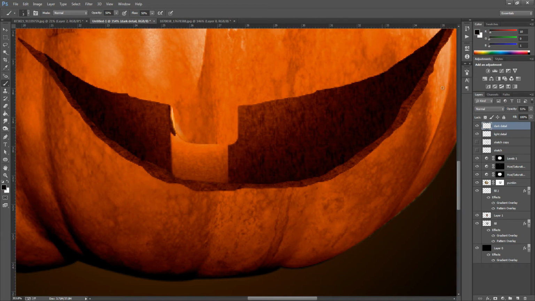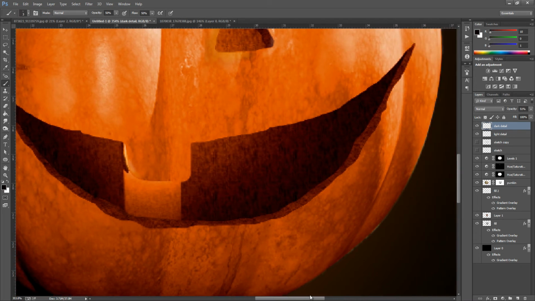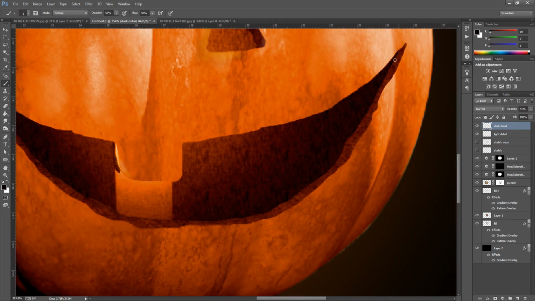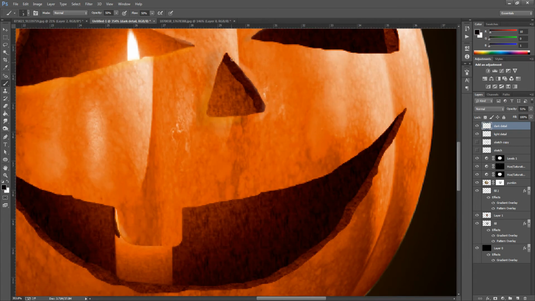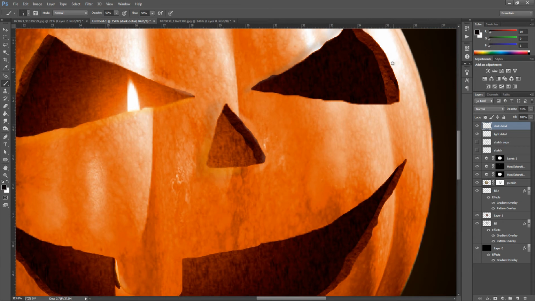Let's keep going. And we're just going to do all the edges for this. So just a little bit more along the mouth and just over the nose. And we're just going to do the other eye.